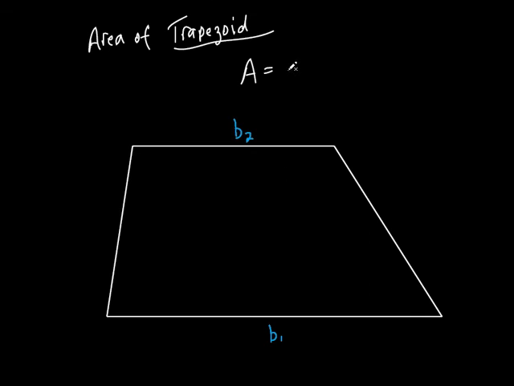So what do you think? With all that said, what do you think could possibly be the area of the trapezoid? It's 1/2, exactly right. Instead of 1/2 the base times the height, what are you going to do with these 2 bases? Add them together. That's right. So it goes after this, right here. Isn't it very close to the area of a triangle? Area of a triangle is 1/2 the base times the height. But a trapezoid, think of it as kind of like a triangle, except it's got 2 bases. You with me? They both start with T, which is kind of interesting, because they kind of have the same formula. So it's 1/2 the sum of the bases times the height, and that's how you find the